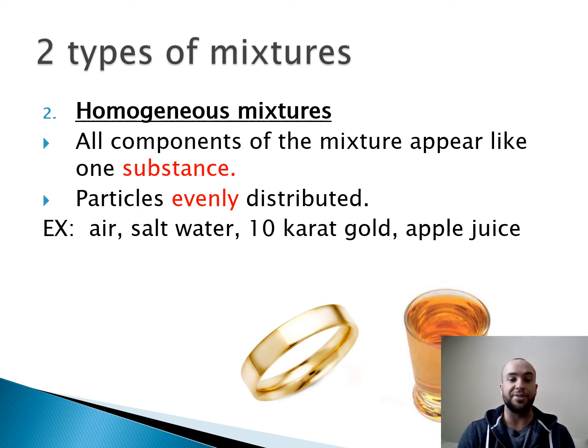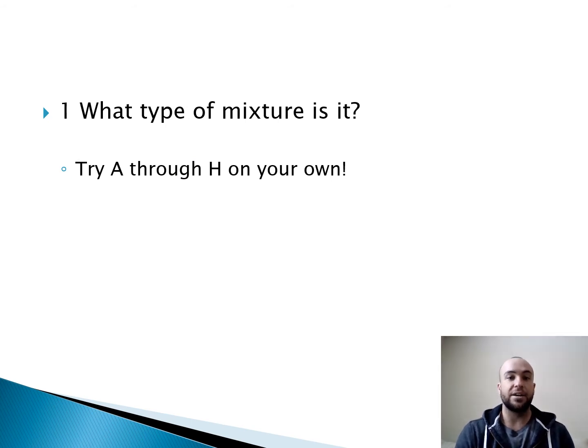So here's what we're going to do now. I would like you to complete the bottom, A through H, on your own right now. So pause me, work on A through H. Which type of mixture is it? And again, refer to my cheat definitions, because I think this is super simple, which is why I wanted to make this quick video for you to watch on Monday or Tuesday when you're doing this. Okay, try A through H on your own. Pause me now. Okay. And the answers